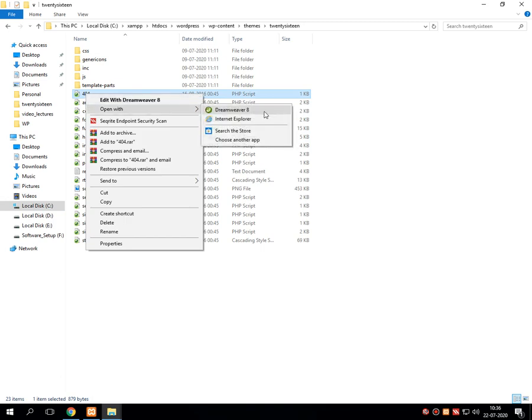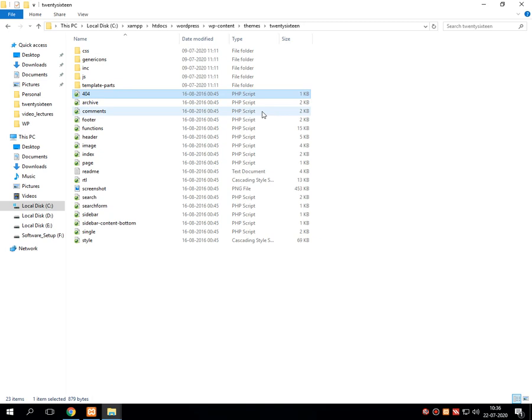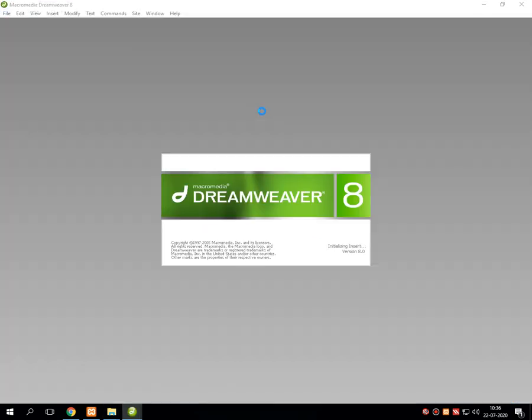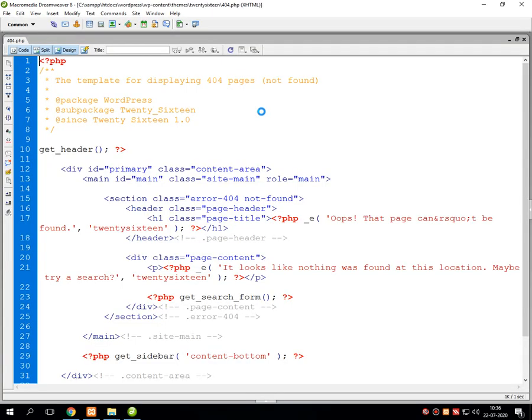This 404.php is actually a file which handles the exception occurred by the WordPress theme during the execution period. That means this particular file is related with any of the errors which are thrown by WordPress over the browser. Say for example,